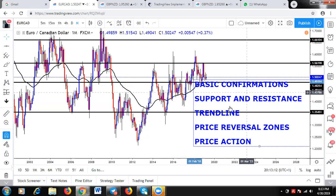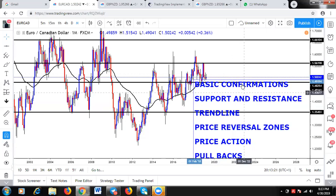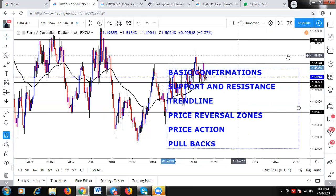You also have to look for pullbacks. Check for that to be able to enter a trade. You need to check because pullbacks will always happen. Okay, those are the basic things you need to look out for when you take a trade. So I'm going to take that off